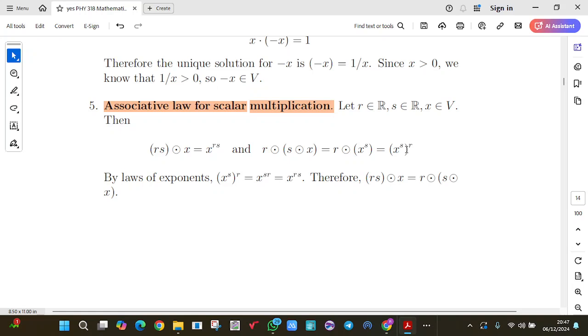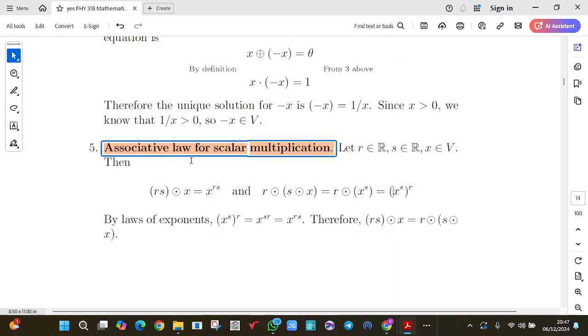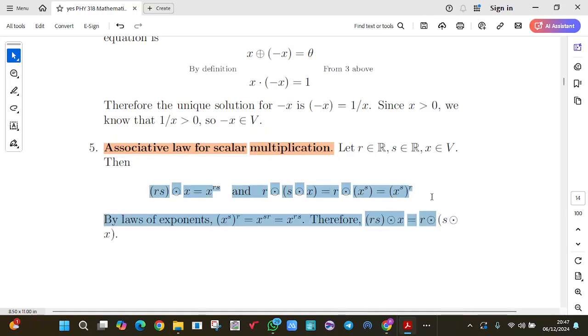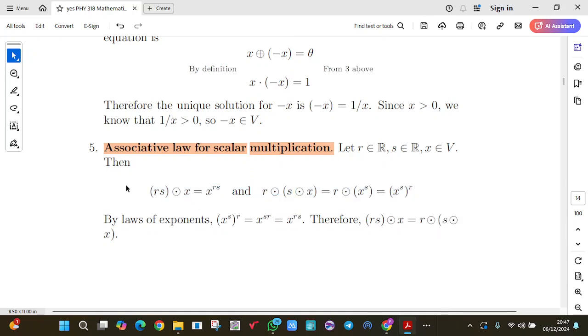Any confusion? That number five, you don't understand it? This one where I underlined? It is not very straightforward, but the one that you are doing recently is straightforward. By this definition,